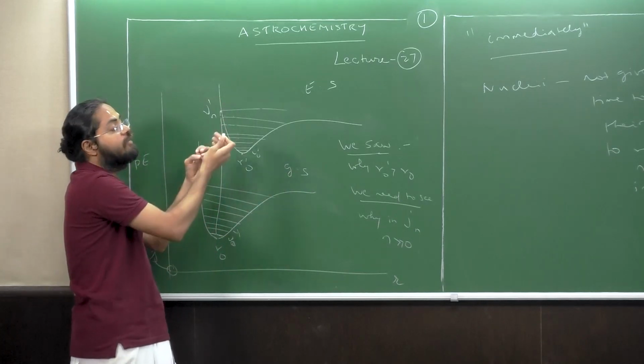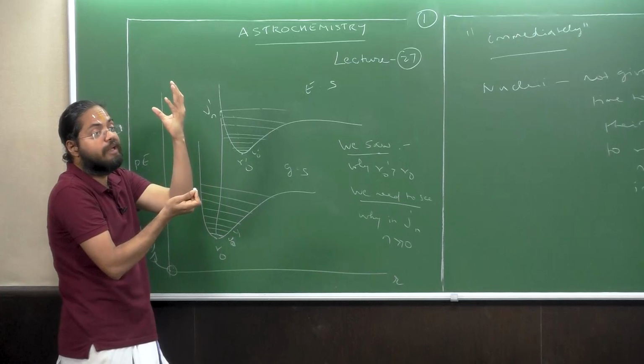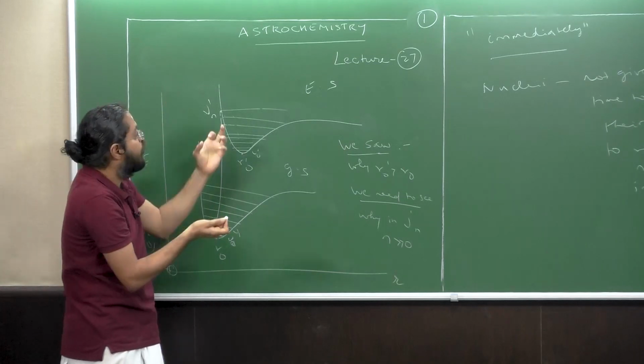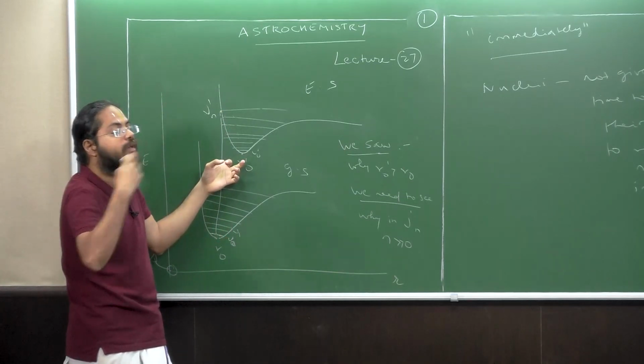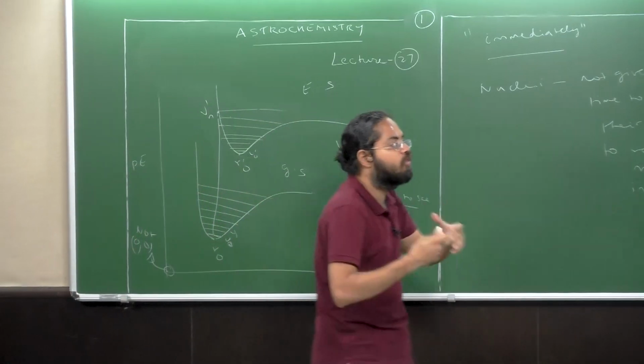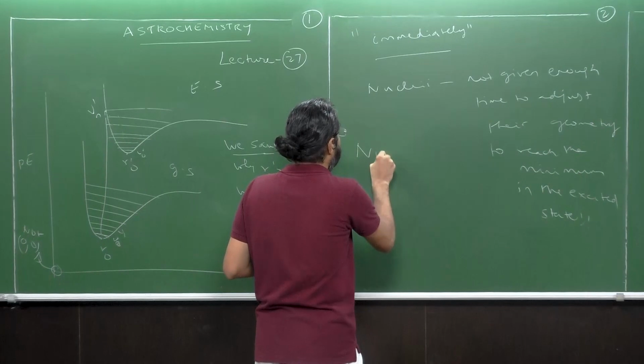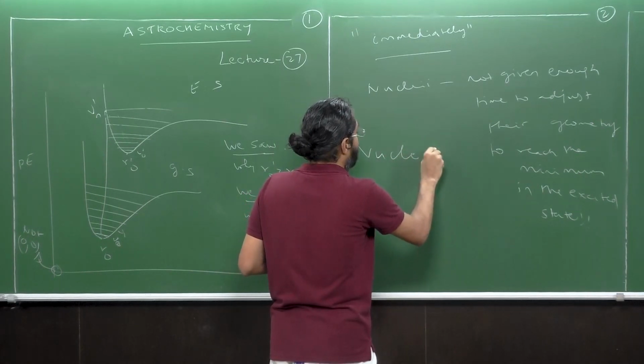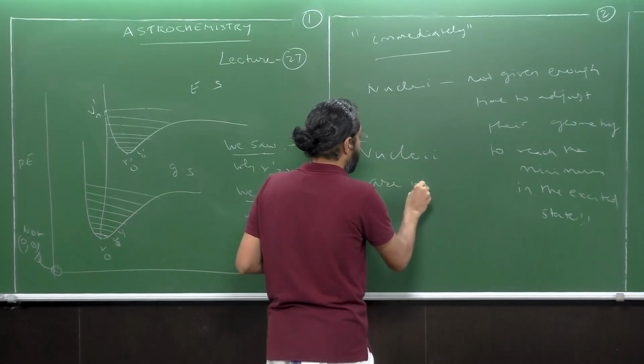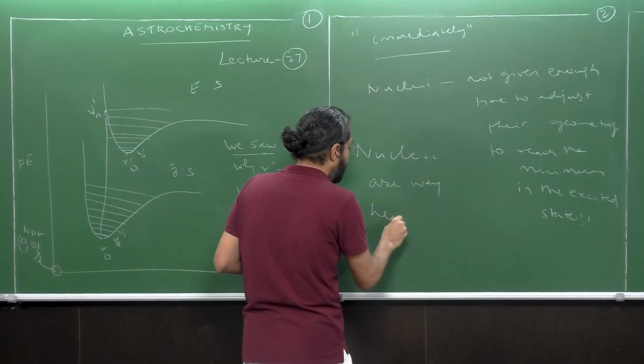The electrons may be getting excited, but the nuclei take some time to relax to this geometry. Why is it that the electrons alone move faster than the nuclei? That is because the nuclei are way heavier